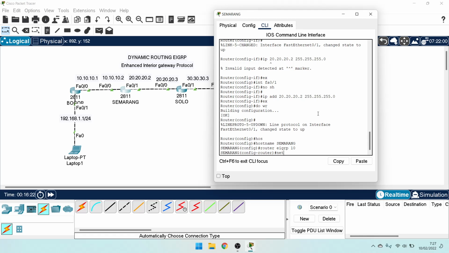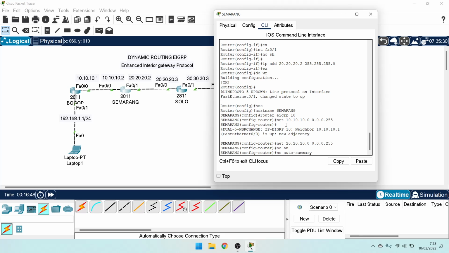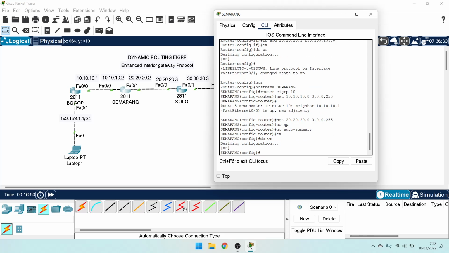Okay, advertise the network in router Semarang, network 10.0 and 20.0 and wildcard. Okay, this notification, IP EIGRP 10 neighbor. The neighbor is the IP address of router Bogor. Network 20.0 and wildcard. Okay, and no auto-summary. Do write.